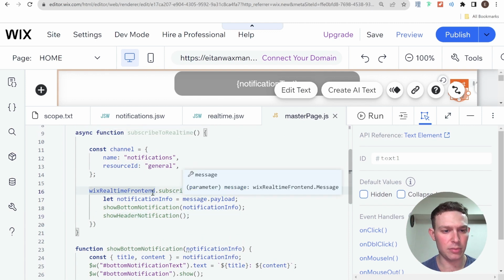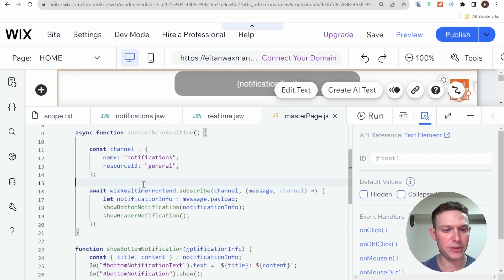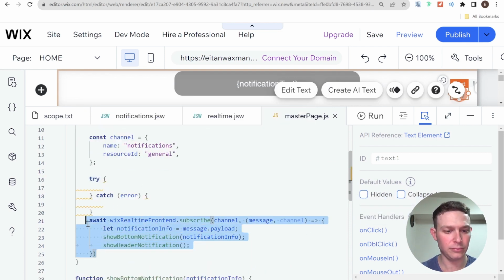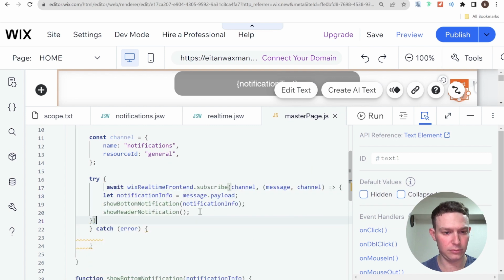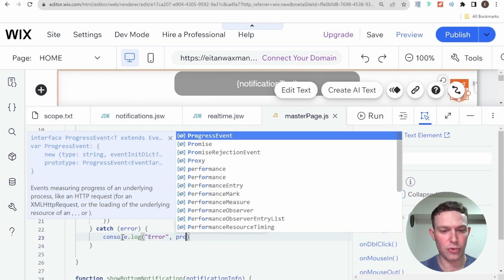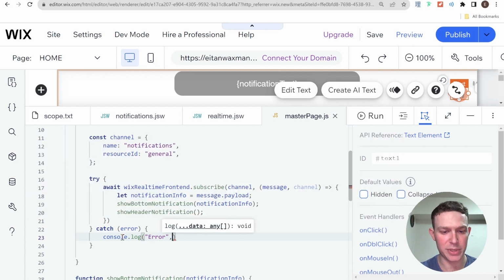So here, this can be await, and let's put this in a try catch as well. And console.log error, and we can say problem